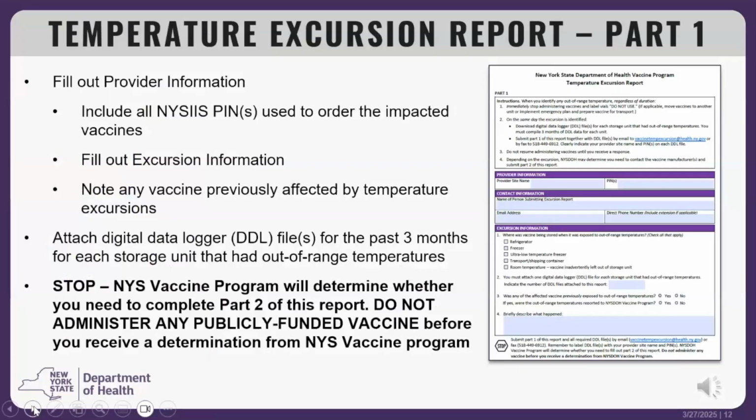This slide shows Part 1 of the temperature excursion report form. If you have an excursion, immediately cease vaccinating and fill out Part 1 on the day the excursion is identified. Next, download DDL files for each storage unit that had an excursion. You must compile 3 months of DDL data for each impacted unit. Submit Part 1 together with your downloaded digital data logger files to